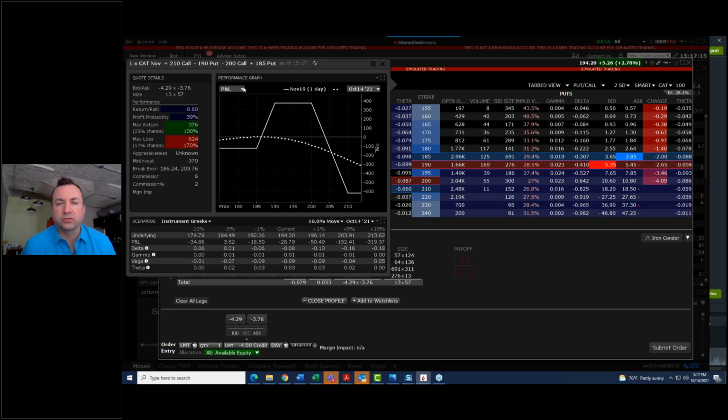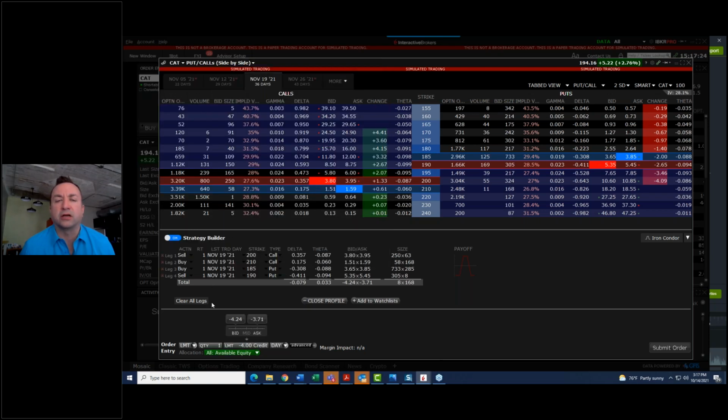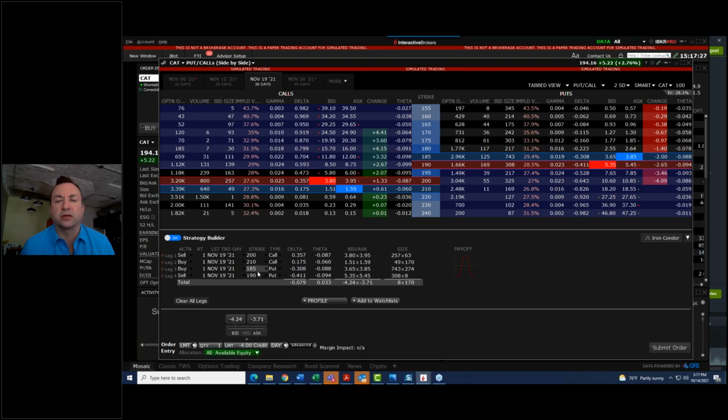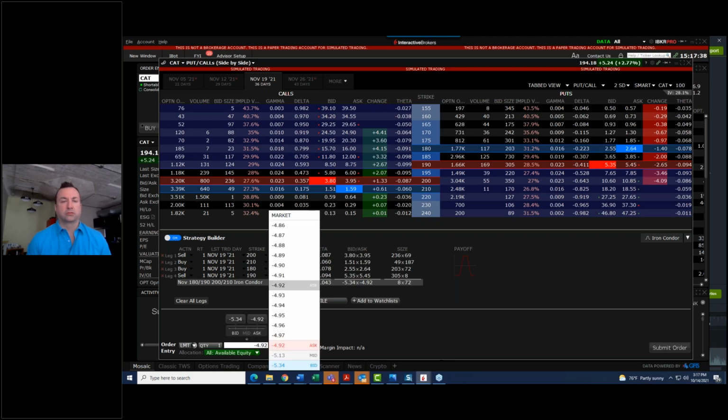I'd have to look at those strikes again. The stock is 194, is it? Yeah, 190. Oh, you have 190 versus 185 on the downside. You have 5 strike widths and then 10 strike, it looks like. So I should have 180 in there. There we go. That'll even it up at around a credit of 5